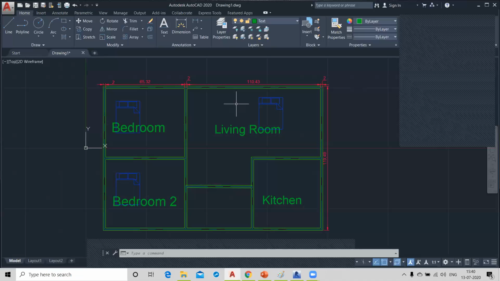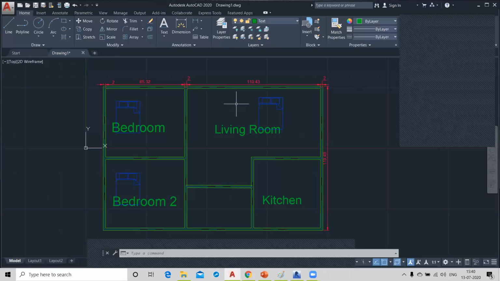But in freeze, you can hide your objects from the screen, the same as on or off. But if you want to take a printout, all the layers which are frozen will come in your printout. That's the difference.